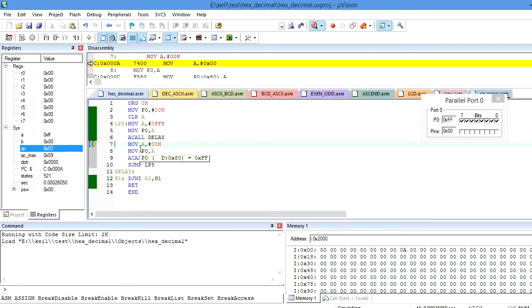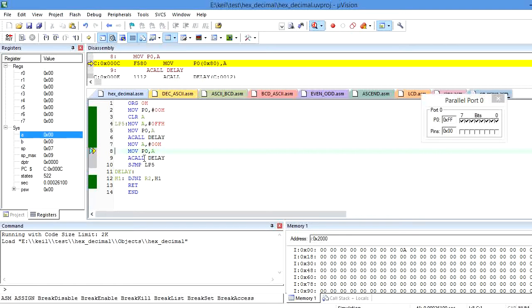And after that, in order to generate the negative pulse of the waveform, I am going to assign the accumulator as 00, using the instruction MOV A, #00H. Before, the accumulator content is 0xFF. After executing this, the accumulator content becomes 0x00 here. We already generated the positive pulse of the square waveform. Now I want to generate the negative pulse of the square waveform, that is logical low 0.